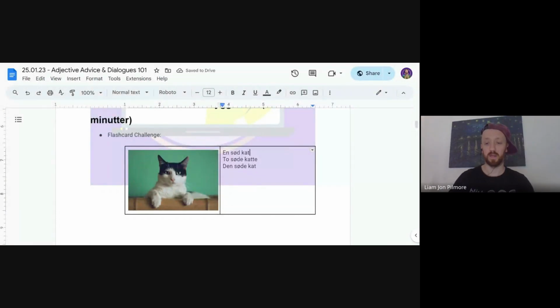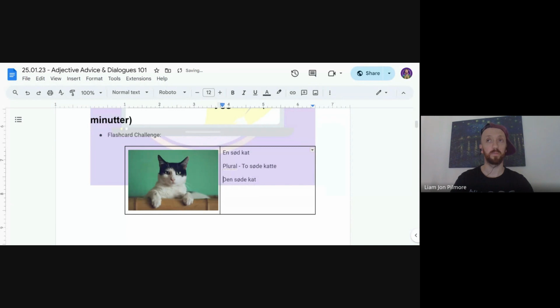So now we've had three ways to use the adjective: indefinite en sød kat, to søde in plural, flertal, and this last one is definite, saying that sweet cat, den søde kat.